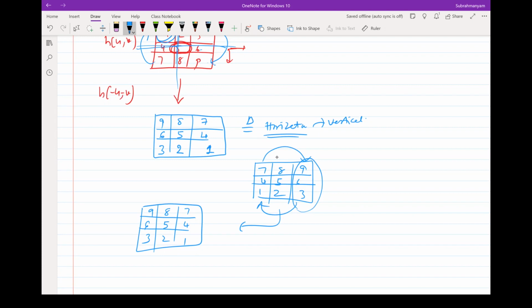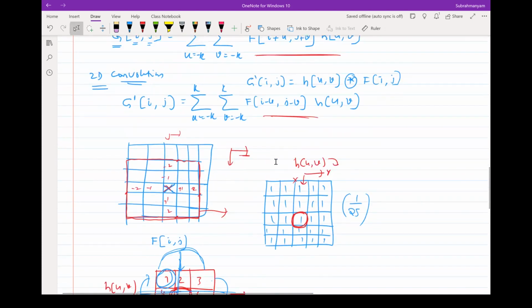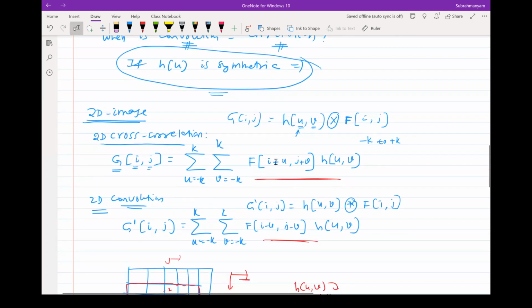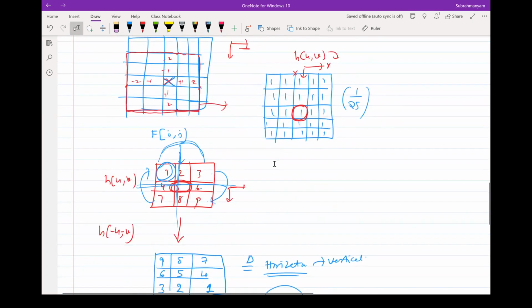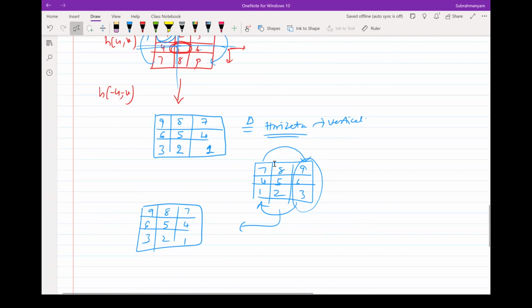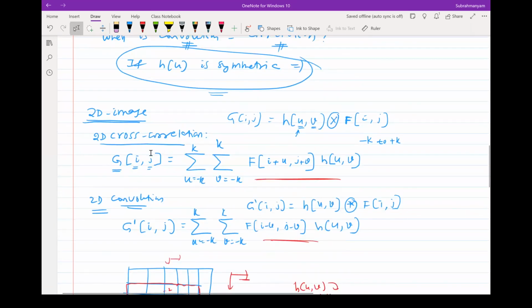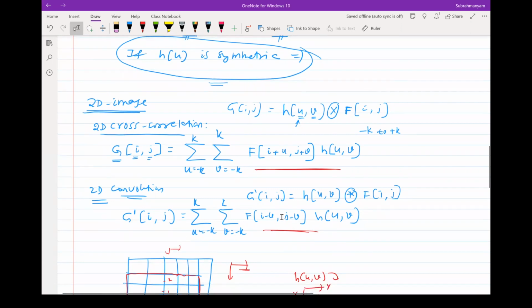because this operation is again a commutative one. Is it clear how the relationship between 2D convolution and 2D cross correlation works? And of course, after doing this flipping, if you are doing this cross correlation, that's good enough. That would give you the convolution result. If you look at this, minus u minus v, it is equivalent to the correlation of the original one with a flipped mask, which would give you the convolution result.